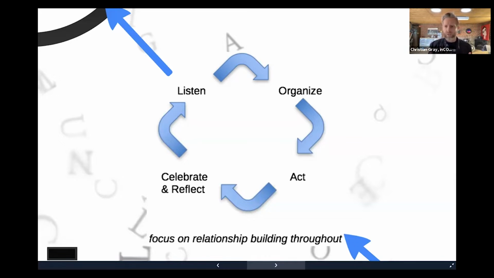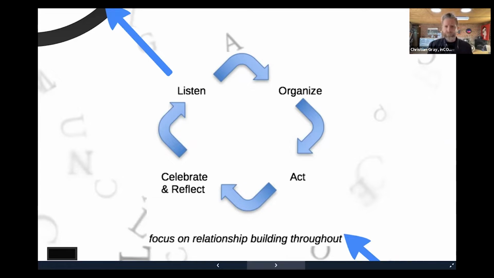So listening is the first part of the community organizing circle. Then you organize people collectively. You bring people together in these associations or groups. Then you act. You figure out what you're going to pursue in terms of the strategic action. You then celebrate, reflect, and then you listen again. So just a brief touch point on how listening fits in with the broader scope of community engagement,